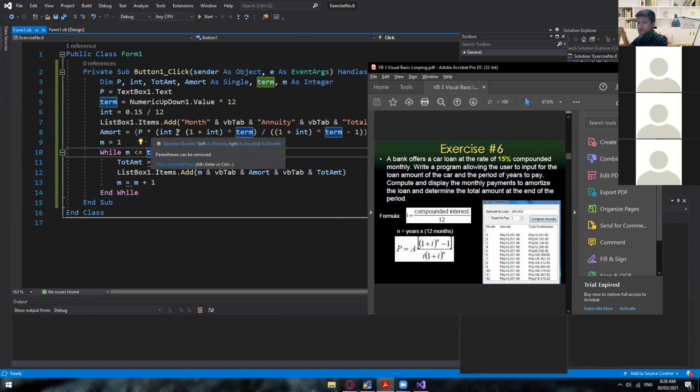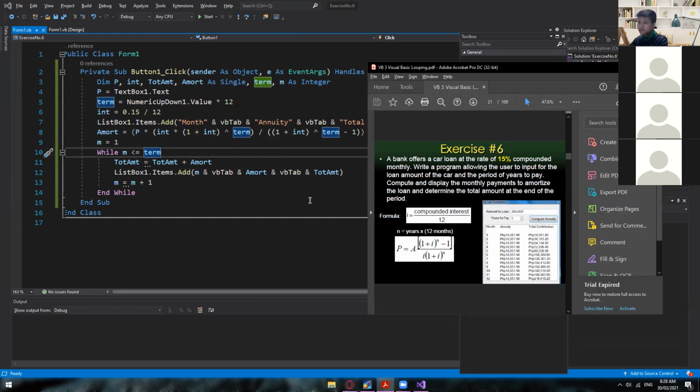Why do we have times int in here? Numerator, but we don't have the minus 1. What happened with the formula? 1 plus interest raised to term times,